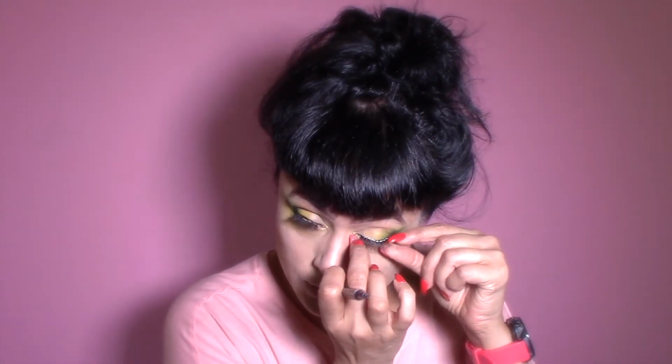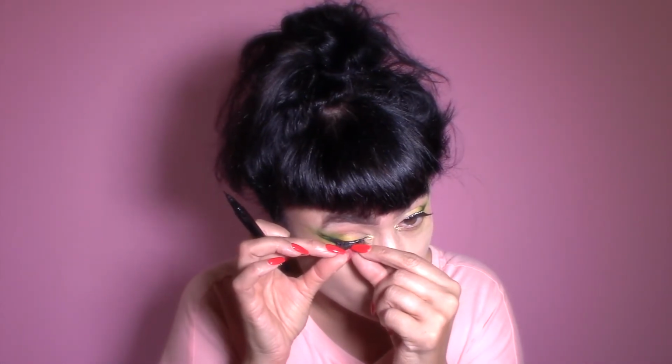Okay, so I like the freshness of it and just the really pointiness that I can do with a liquid liner that I can't do with airbrush, whereas airbrush is great when I want to do a blurred out liner, when I want to do a soft line. So both, you know, nothing's right or wrong. It's just what works for whatever look you're doing. I obviously am doing a little bit of a more sharp look, a little edgier, and I want that kind of, you know,